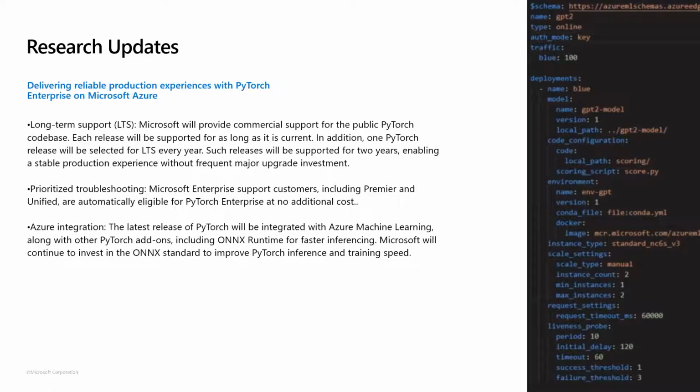Here's another really interesting update that just came through. We are actually providing enterprise support for PyTorch now. If you're familiar with PyTorch and its machine learning and AI capabilities, it came from Facebook. It's open source, but there is now commercial support for it. This means that you can call Microsoft Premier and say, hey, I'm trying to do this thing with PyTorch and it's not working, help me. And they can actually get in and support you with that.